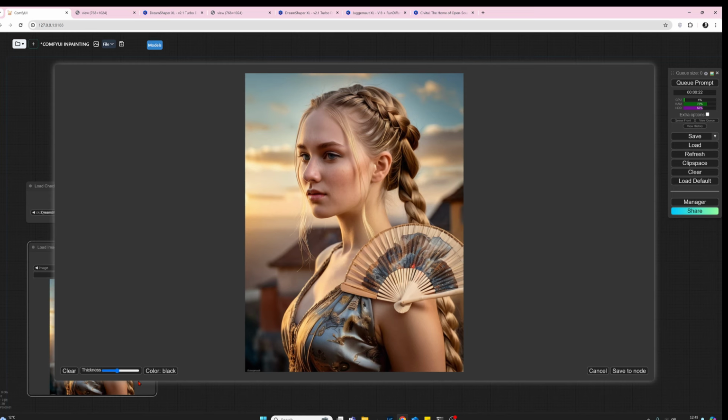So this is where we create our mask, and you can see here when I'm moving my cursor, you can see the circle hopefully. We control the size of the circle through here. We have this thickness bar, and we can clear the results if we don't like what we've done. And all we need to do is paint in the mask that we want to work on. It's a little bit big, but let's bring it down a little bit. I'm going to mask now this crazy fan,